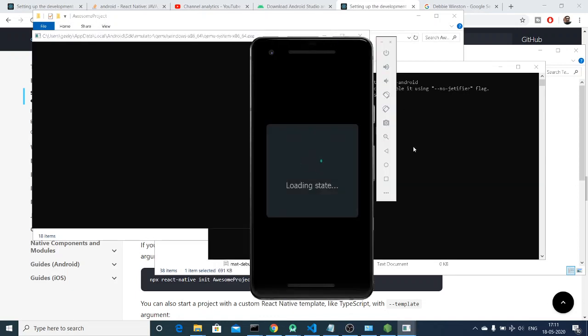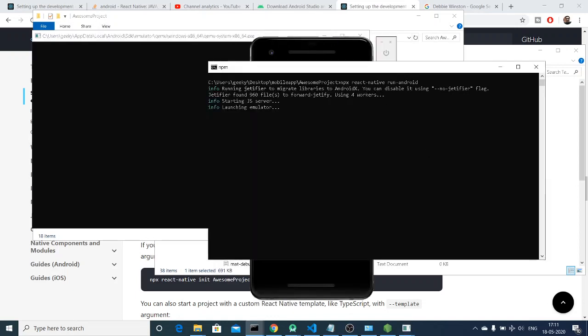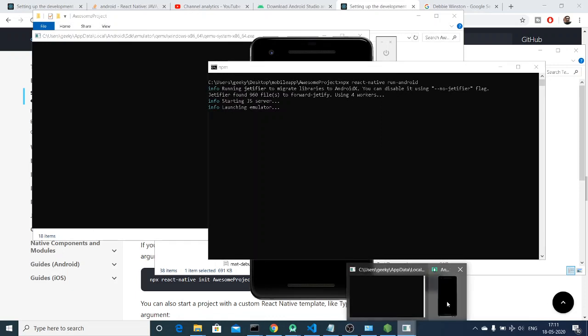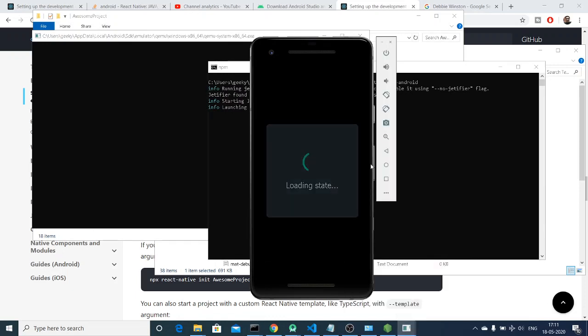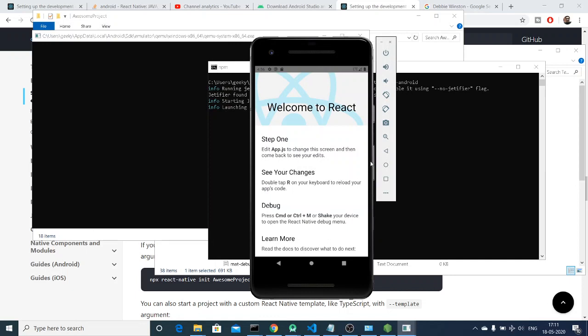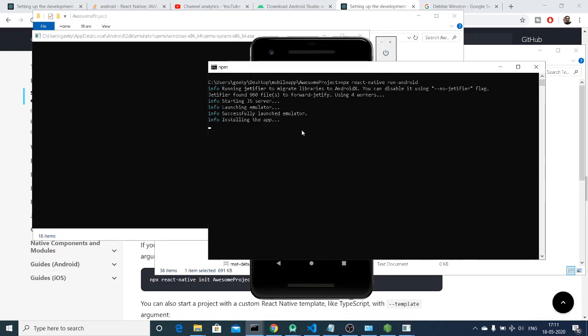So now you can see that it has launched the emulator. This is our app. Now you can see that it successfully launched the emulator, and now it is installing the app, so just wait.